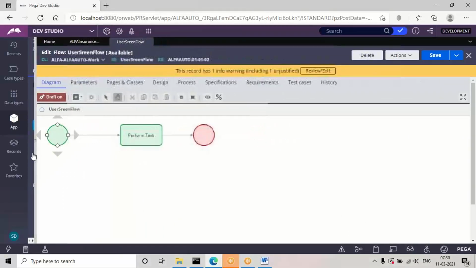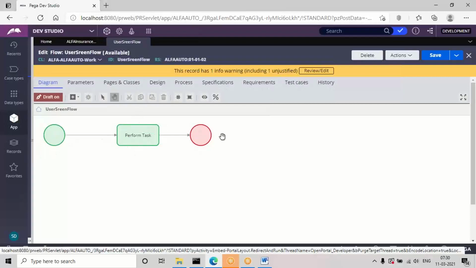Here also you'll get the start, assignment and end shape. The assignment shape's purpose is the same, to map the UI design. But the parameters we have in the process flow will not be there in the screen flow assignment. The remaining shapes are the same, but in the assignment shape there is a lot of difference.